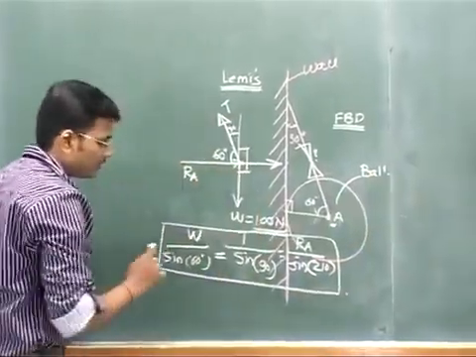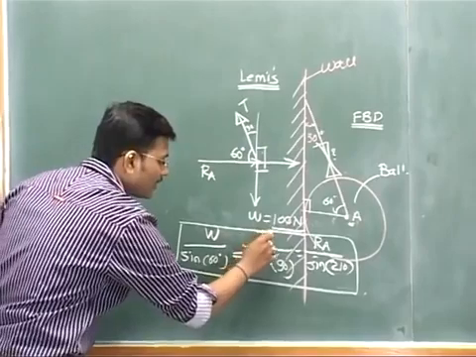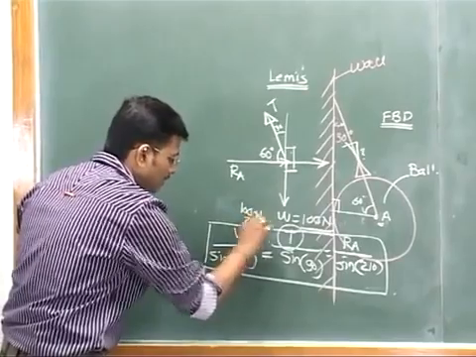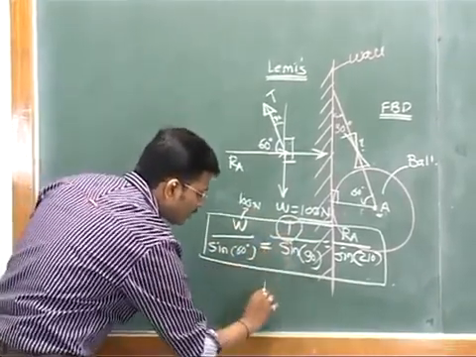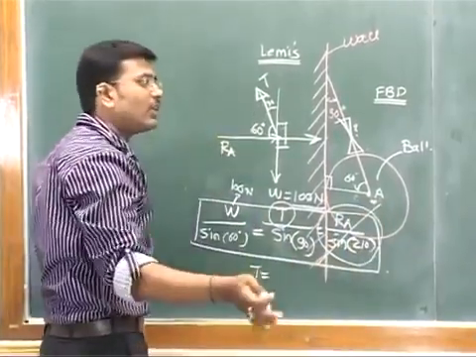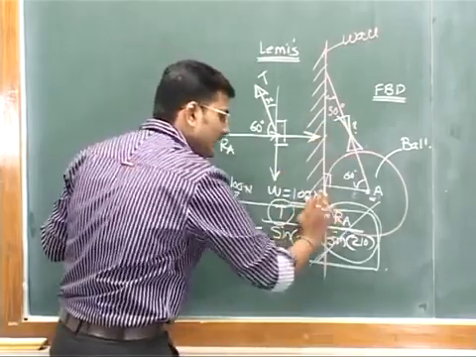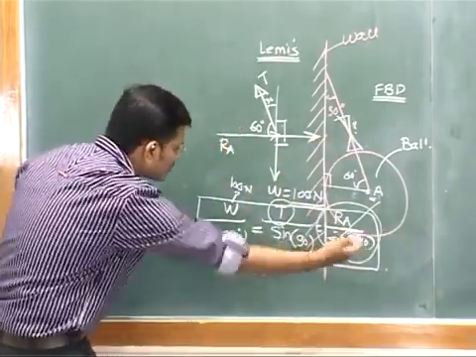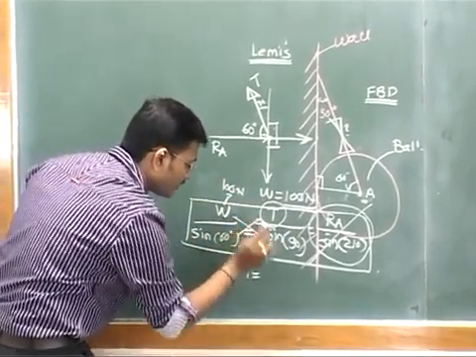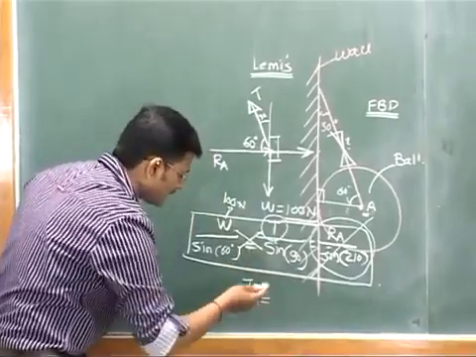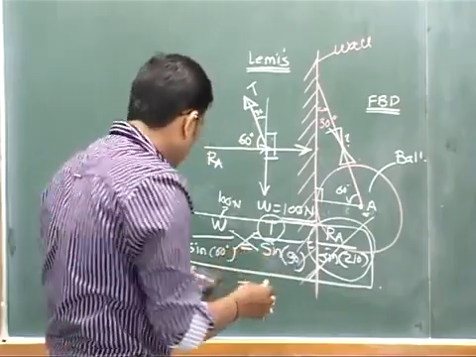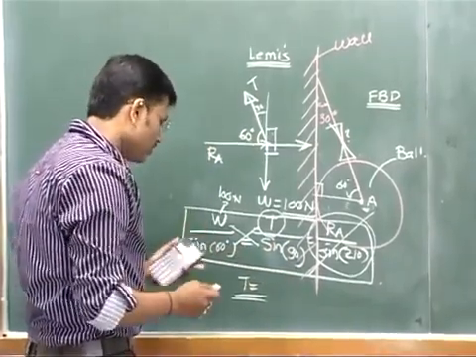Once you write the equations, you can calculate the tension developed in the string since W is given. So W is 100 Newton and all the values are known. So you can calculate T. RA we don't know and we don't need, the reason is that they have only asked what is the tension developed in the string. So this part we don't need right now. So W is known, so cross multiplication will give you the value of T, where sine 90 is equal to 1 and sine 60 is equal to 0.86.